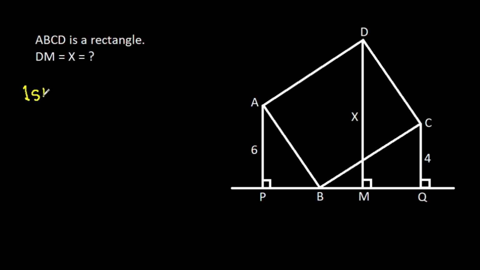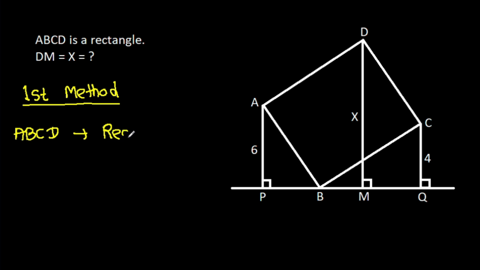So the first method. ABCD is a rectangle. That means these angles will be 90 degrees. And now from point A, if we make a perpendicular on DM, suppose this point is N, then